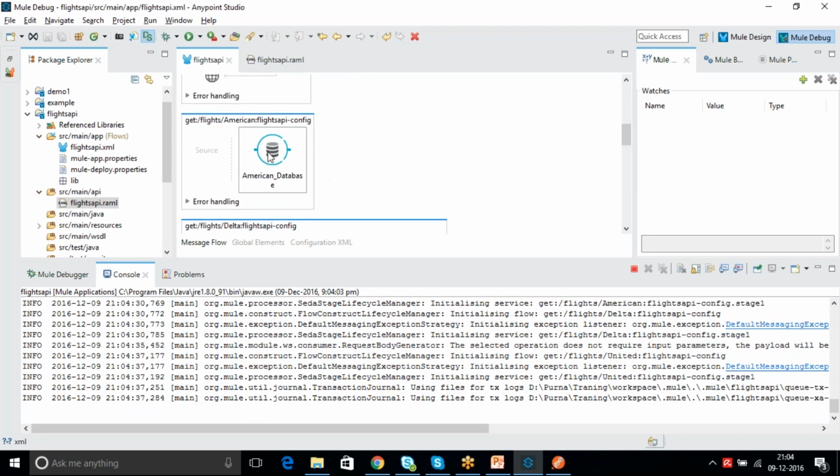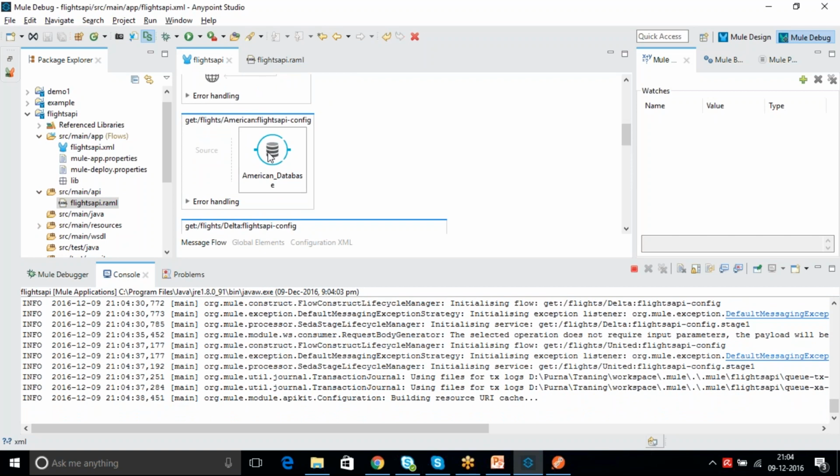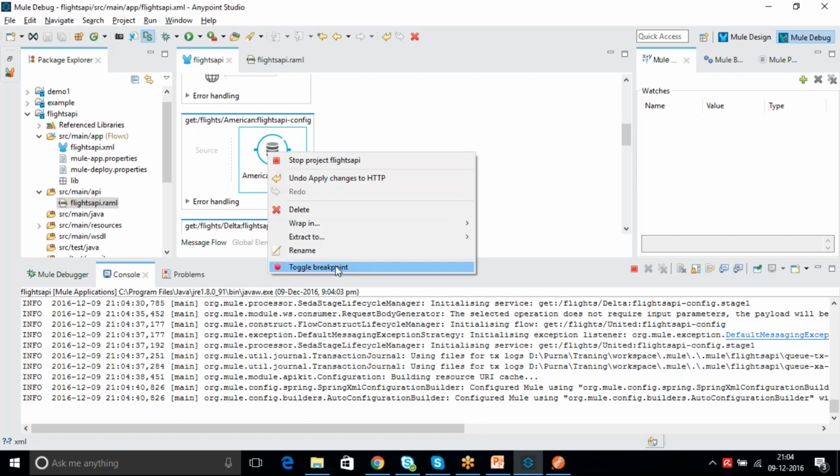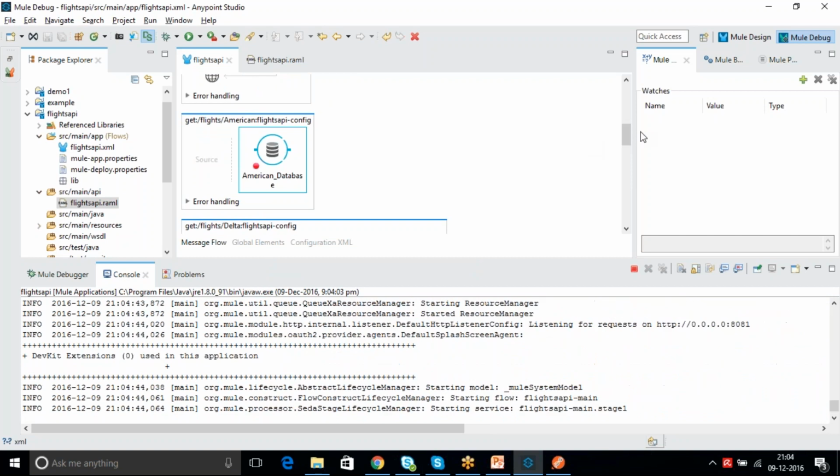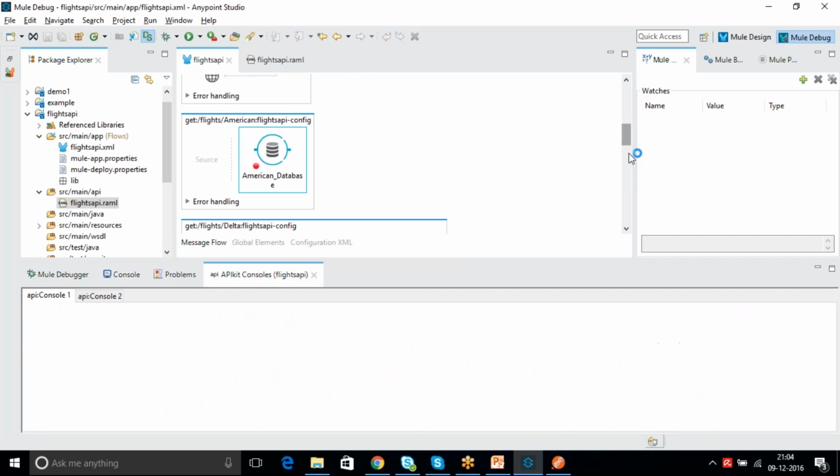I'm keeping a breakpoint in this flow, and one more breakpoint in another flow.